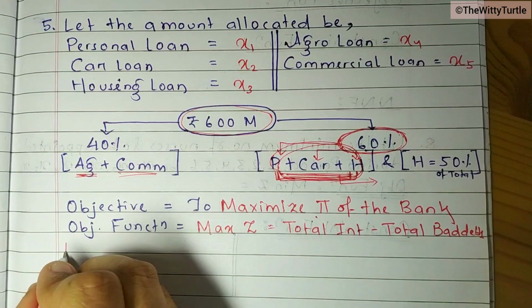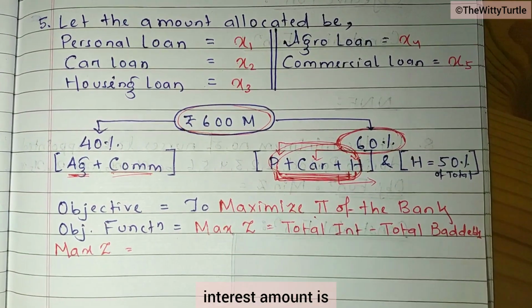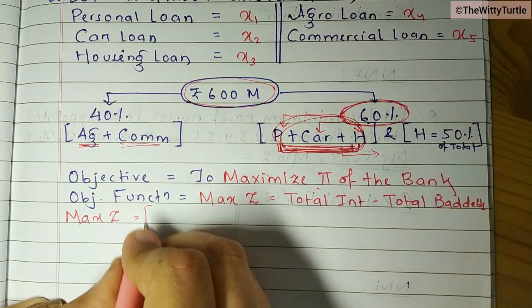Okay, now what is your total interest amount? Your total interest amount is how much? We have to calculate that. So that will be,